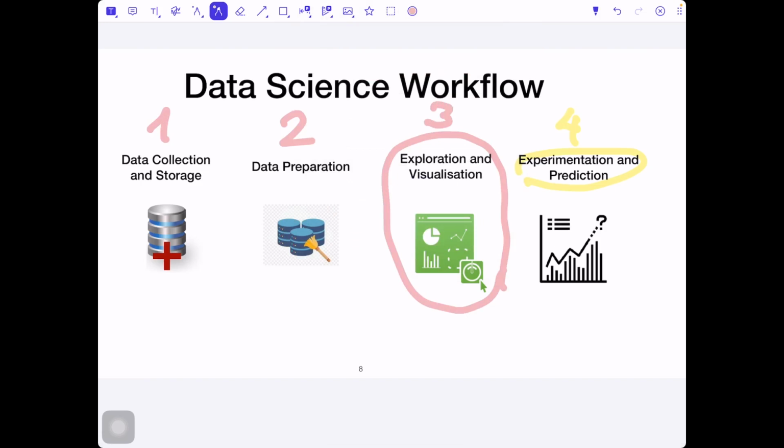And very often in data science, it is not just a single person preparing these 4 stages. You have data engineers who are working on the collection and storage of the data. You have the statisticians who are preparing the data.